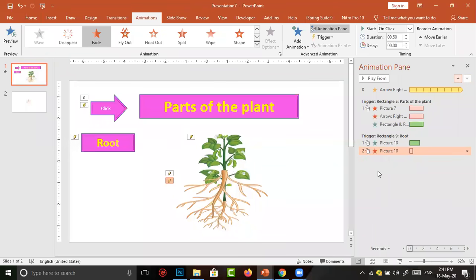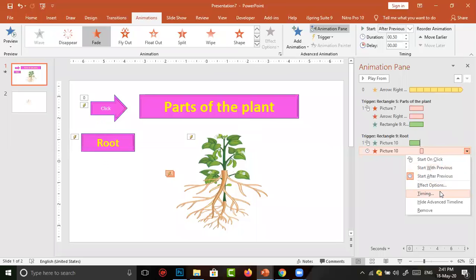Here it appears to happen after a click, but I do not need the click. It should appear after the previous. So I select start after previous. It will be nice if it takes a few seconds after this appearance.